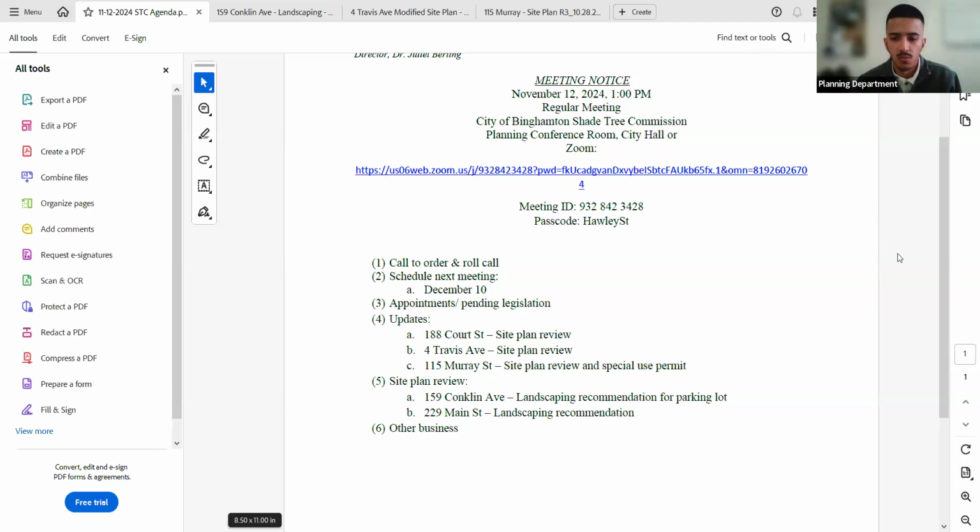All of the commission members use that, like I said, and it makes it easier for myself as well to communicate in one place rather than doing the email route. So once everyone's good with it, I can share your emails with the IT department and we can get started with that process.